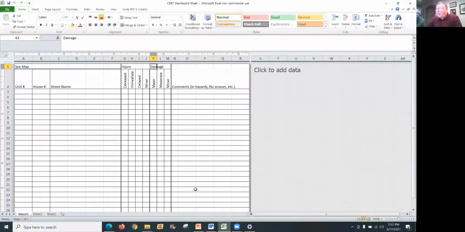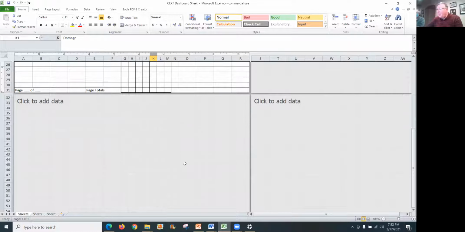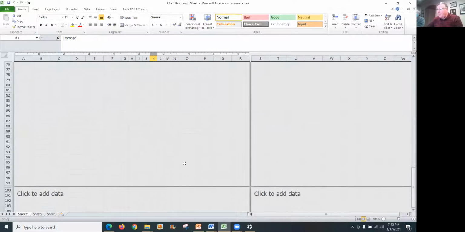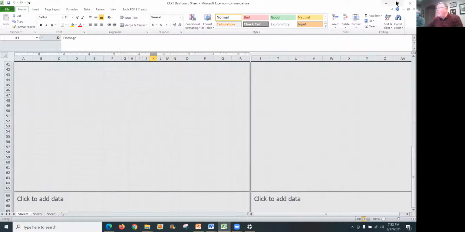Oh, here's that other form I was talking about. It was in a spreadsheet. This is a good summary. And as an incident commander, your people in planning can keep this updated for you so you could get a hold of the EOC or the next level up for the area that you're working. Okay, that's out of there.